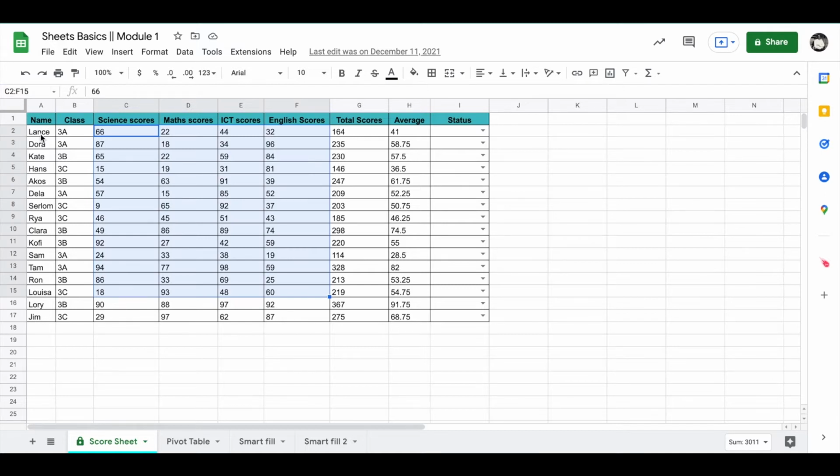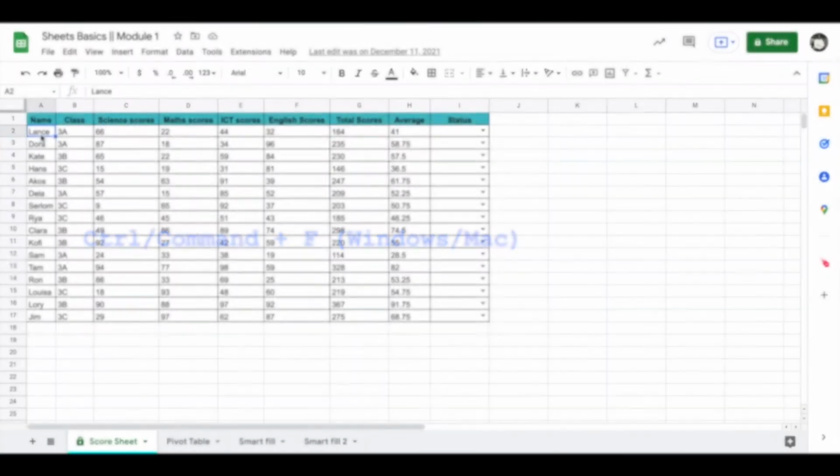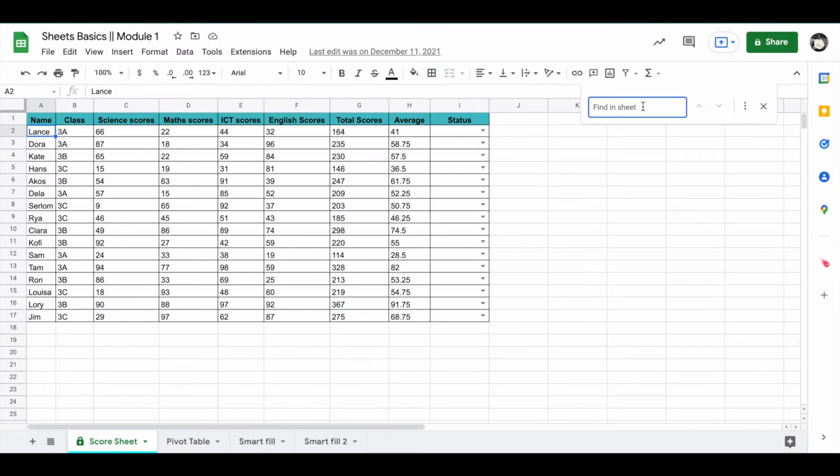For cells that contain data, you can locate them by using the Find feature. Press Ctrl+F to bring up the Find box. Type some part of the cell's contents into the search box. If your entry is unique to that cell, it will be the only result returned, and the cell will be